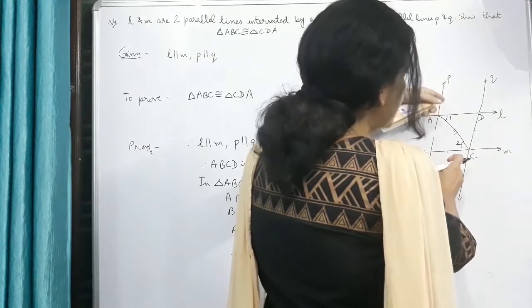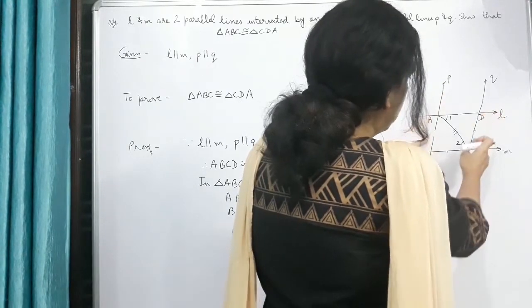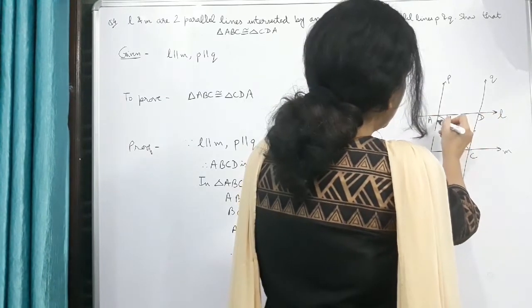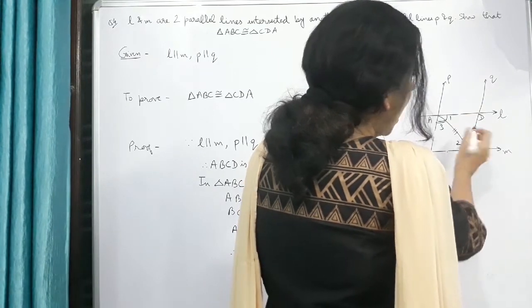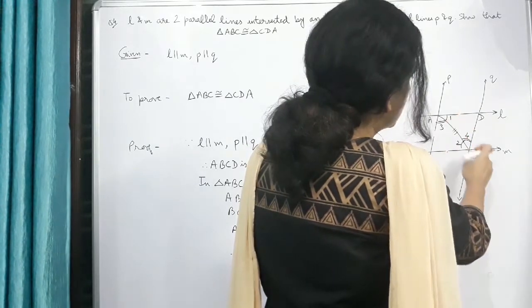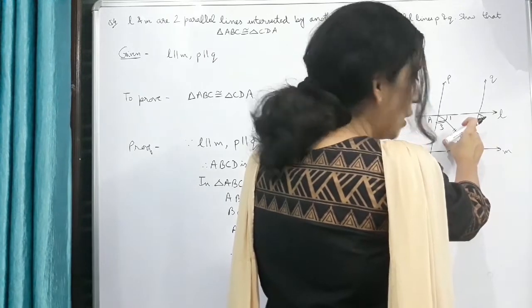Why? Because they are alternate interior angles, and since AB is parallel to CD and AC is the transversal, angle 3 would be equal to angle 4. Again, these are alternate interior angles, and AC equal to CA, it is the common side. So the two triangles would be congruent by